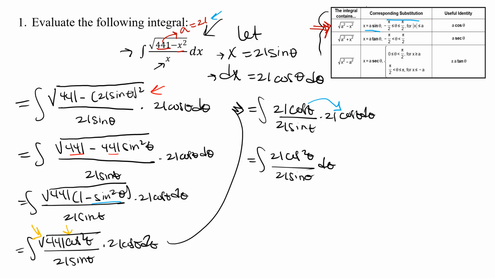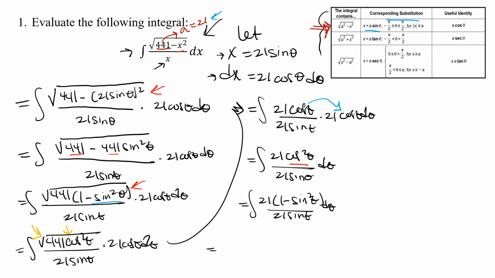And then we're just simply going to use another Pythagorean identity. So instead of having this cosine squared, we're going to use the Pythagorean identity once more. So we have the integral of 21 times 1 minus sine squared theta, and then over our 21 sine theta d theta. Okay. All right, so now since we have that minus there, we're going to go ahead and split